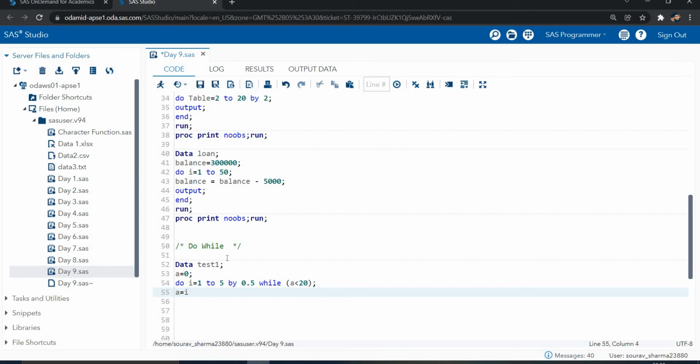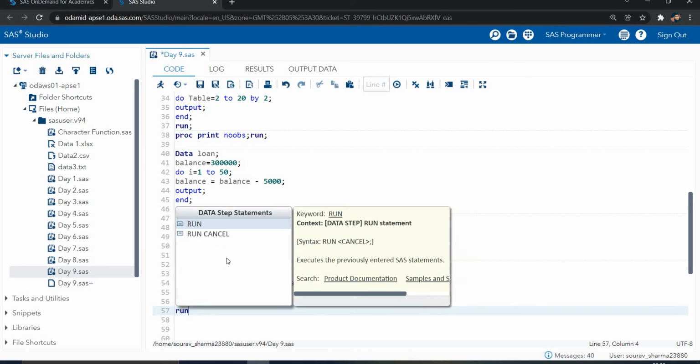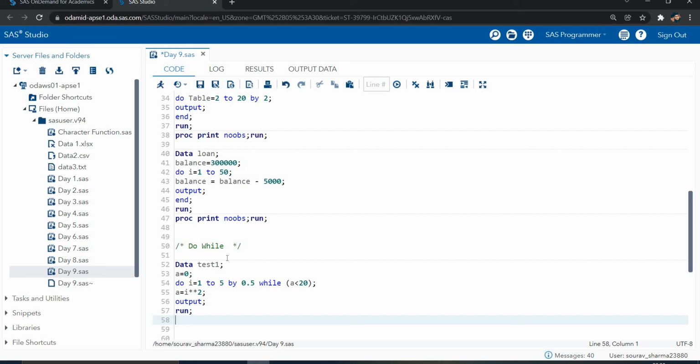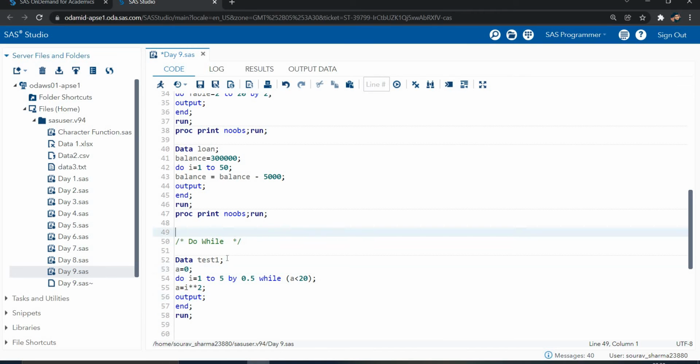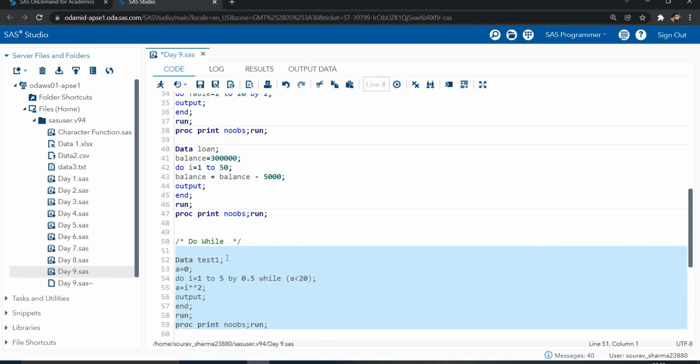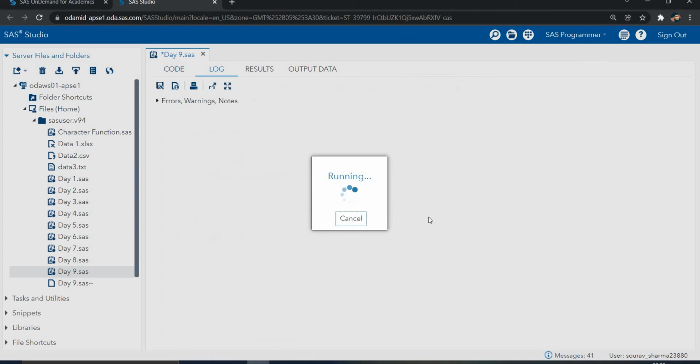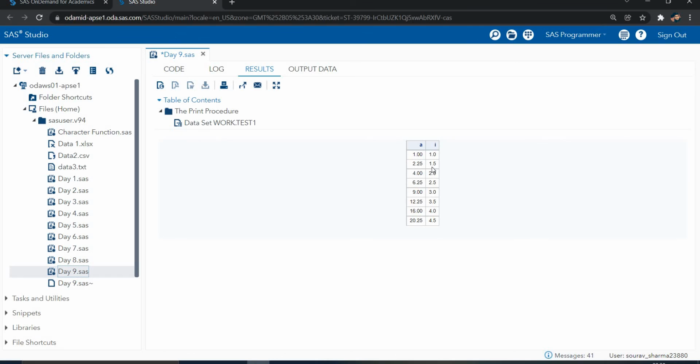Now I have to give the increment here, a equal to a into 2, that means multiplication. Then output statement, then end statement, then run statement, then my proc print statement.